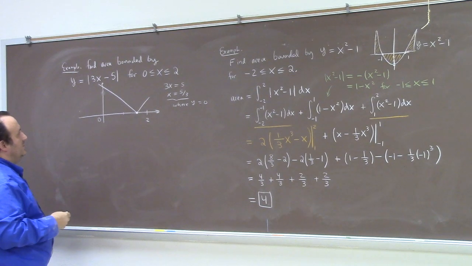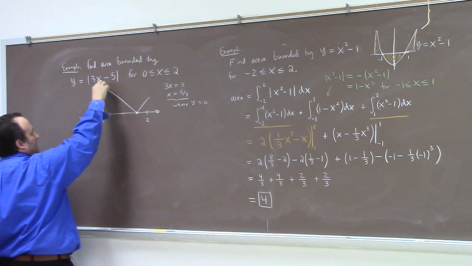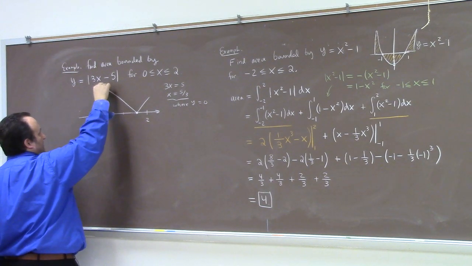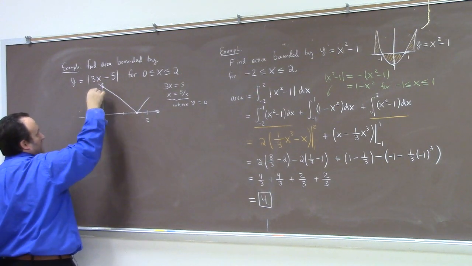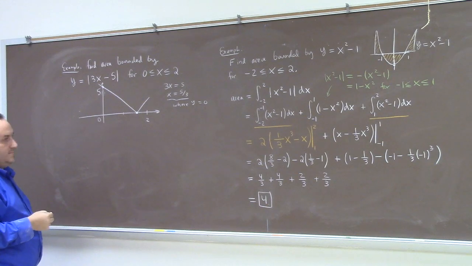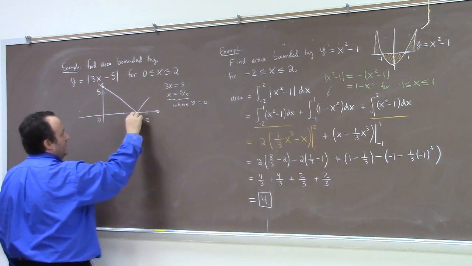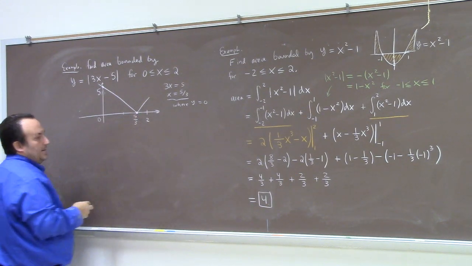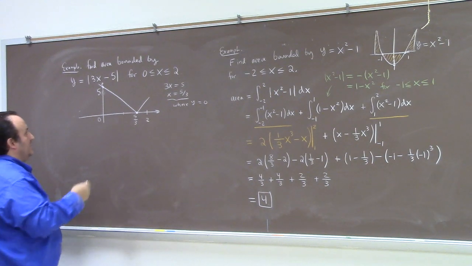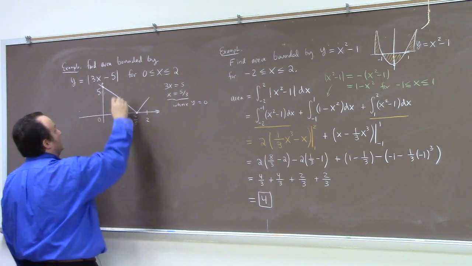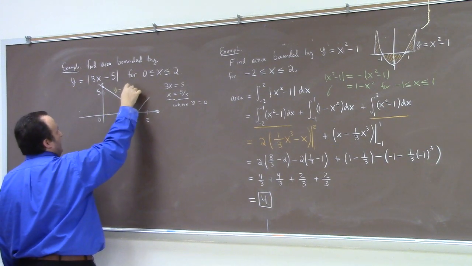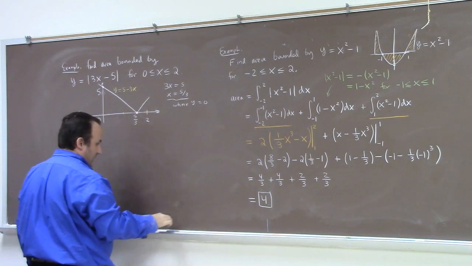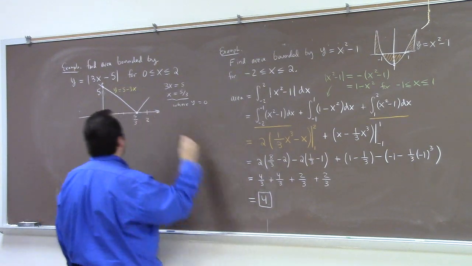For the sake of discussion, what is this y-intercept? Put x equal to 0, the y-intercept is 5, right? This point right here is 5/3. So just to emphasize what's going on, for this line, y equals 5 minus 3x, right? And for the other line, you've got